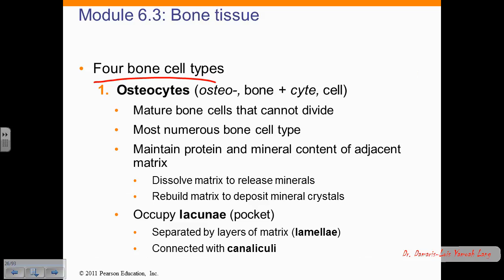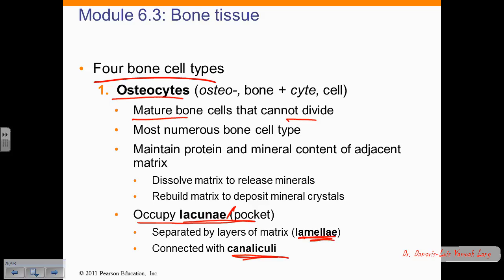And then when they mature, they form what? Osteocytes, the mature bone, and it cannot divide, of course. So they become part of the whole composition of the bone. The place they occupy, the pockets they occupy, like I said, is called lacunae. And then they connect, one lacuna connects to the other through the canaliculi, and the space between the lacunae is